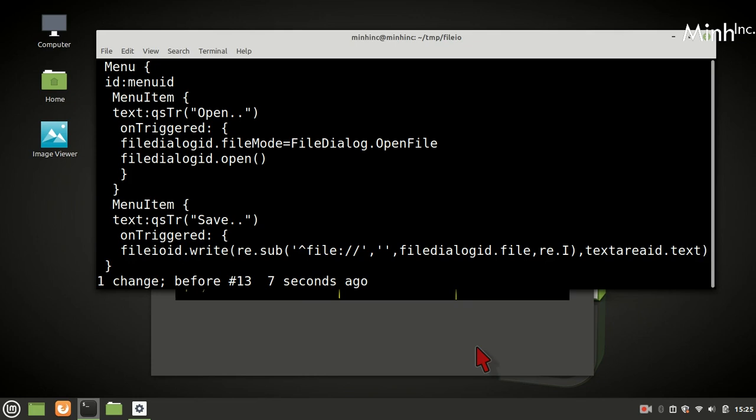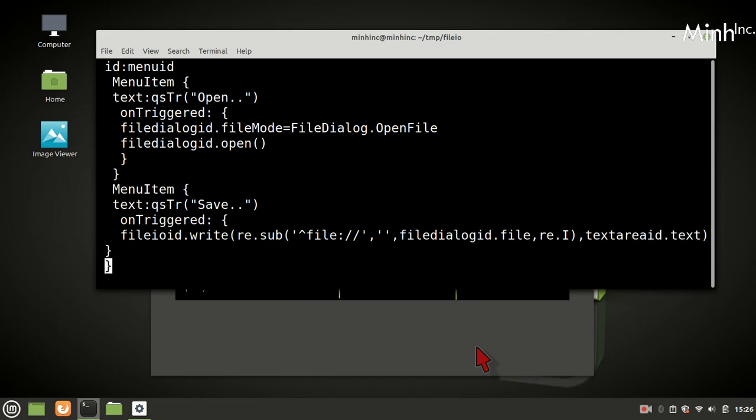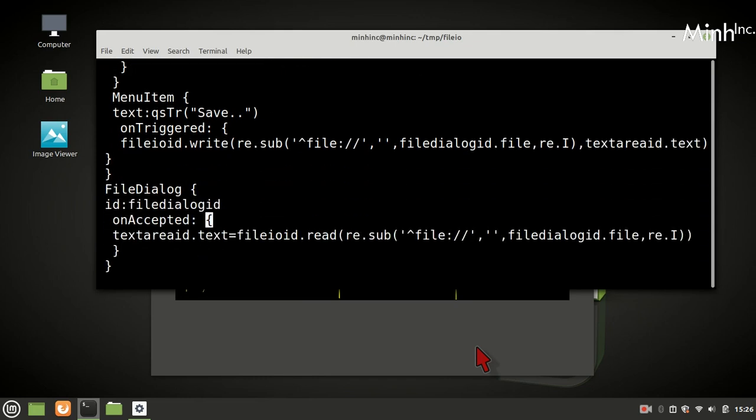So we are writing the file name and its content. We have file dialog. If it is accepted, then we would read the file.